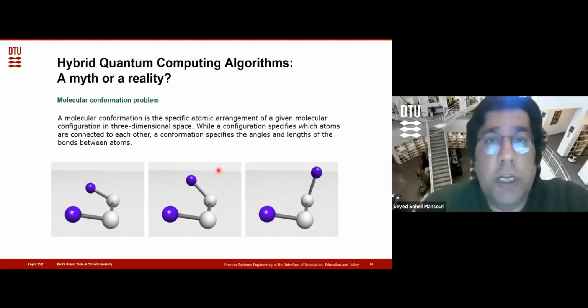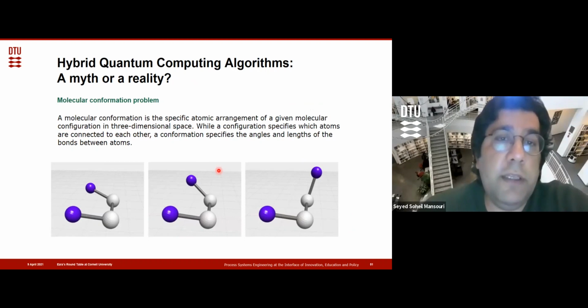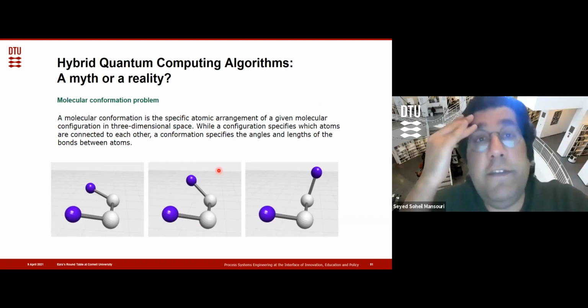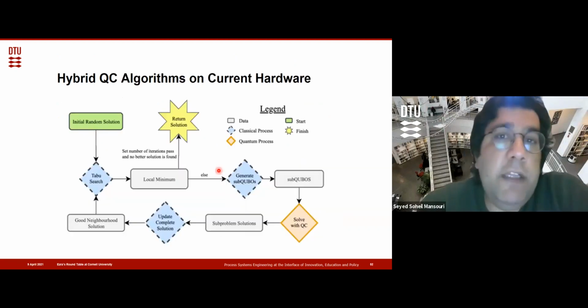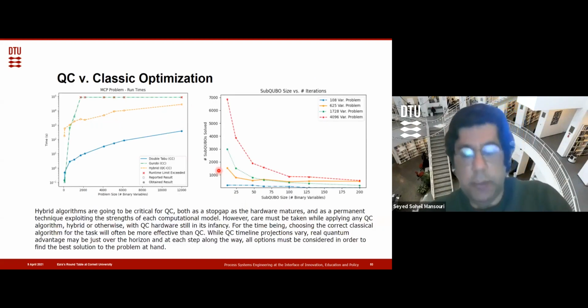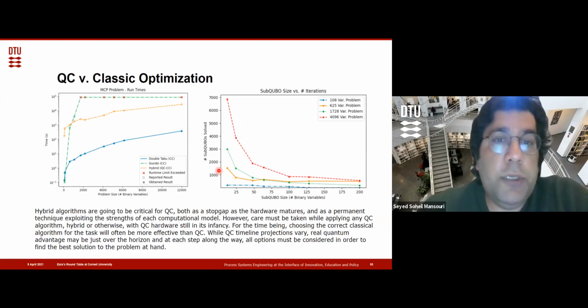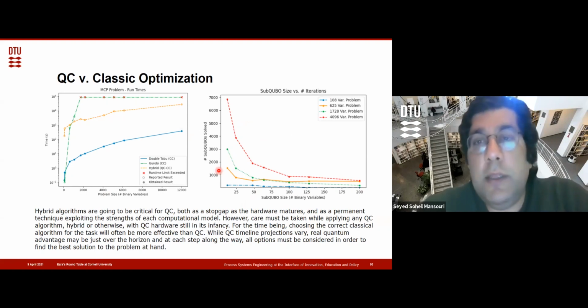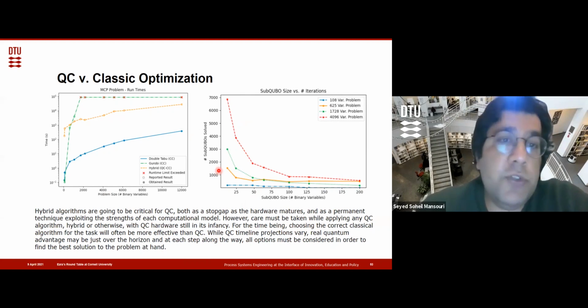Also, we have looked into hybrid quantum computing algorithms. Again, Feng has done a lot of work in this area. What we did in this work was make some evaluations on the effectiveness of hybrid quantum algorithms on current quantum hardware that is available. The conclusion is that for some problems, depending on the type of optimization algorithm that you choose, there is plenty of work to do. Sometimes the classical computer may outperform the quantum computer, but once the capacity of quantum computers increases, hopefully we can expect that quantum computers can solve larger discrete problems